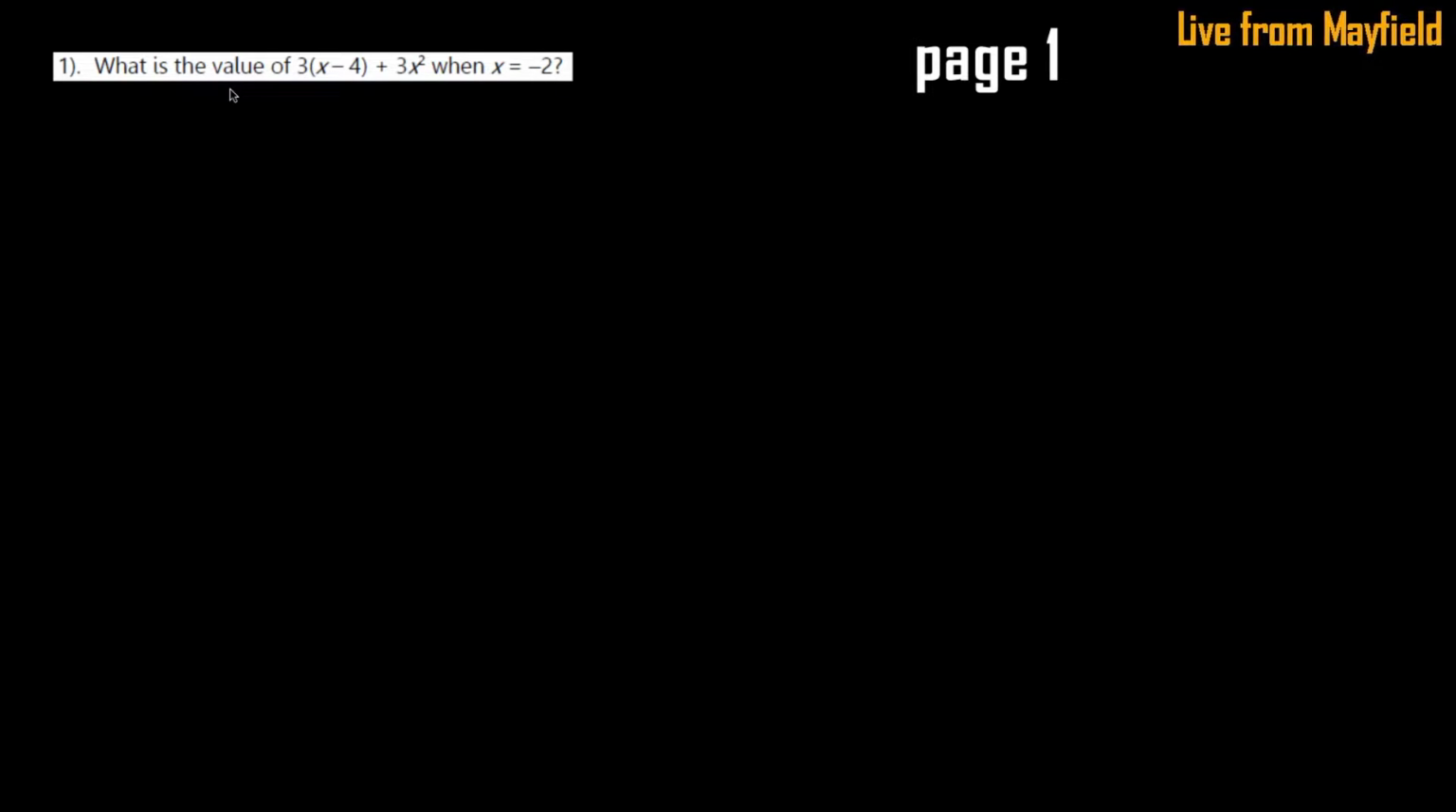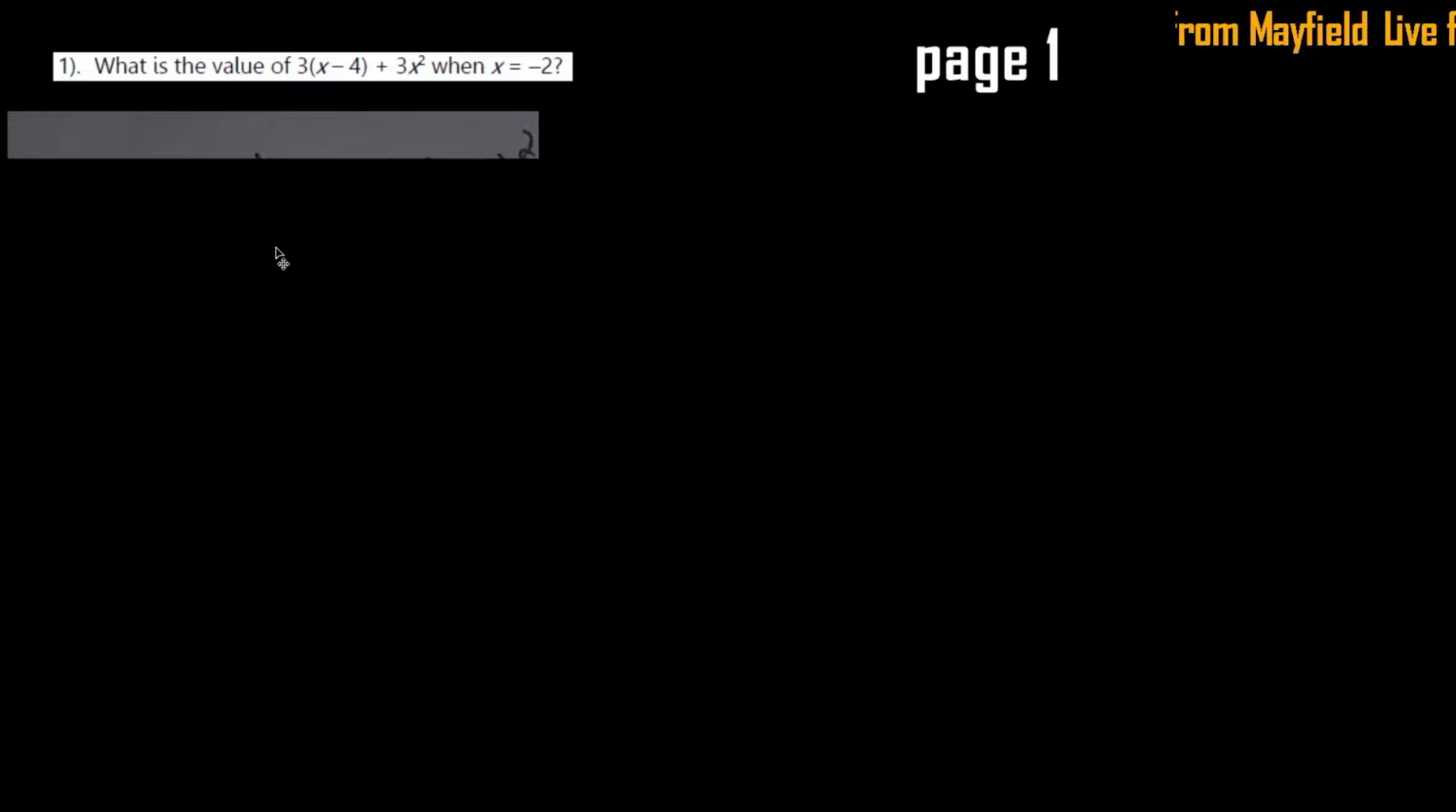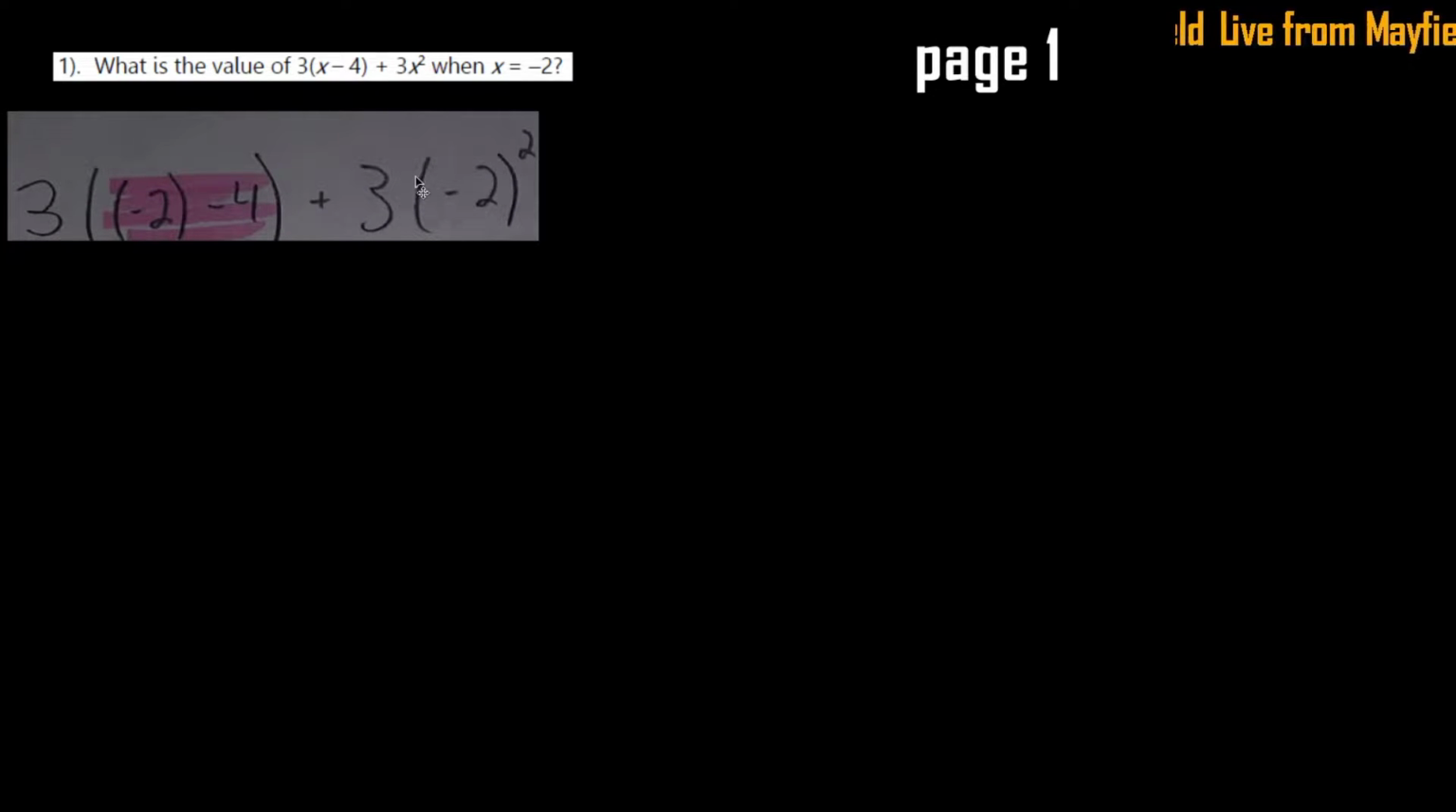So it says, what is the value of 3 times the quantity x minus 4 plus 3x squared, when x equals -2? Again, you can type this into that Desmos calculator, but we'll do that at the end. I want to make sure I can show you the proper steps to be able to solve it. So again, first you want to substitute in your values for your variables, and so you're going to have a -2 in parentheses